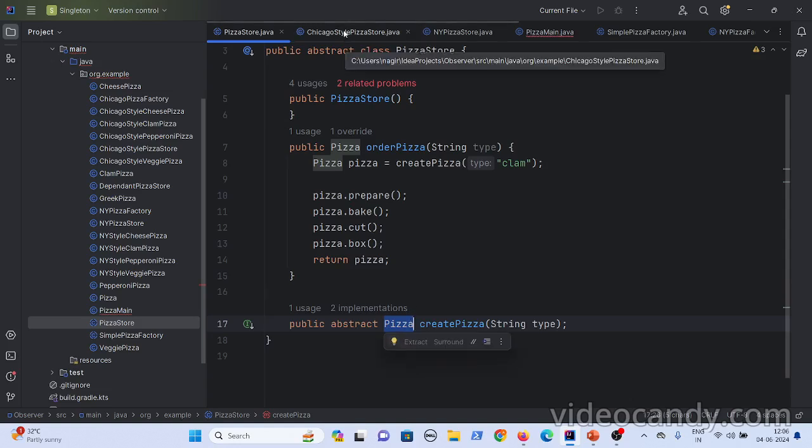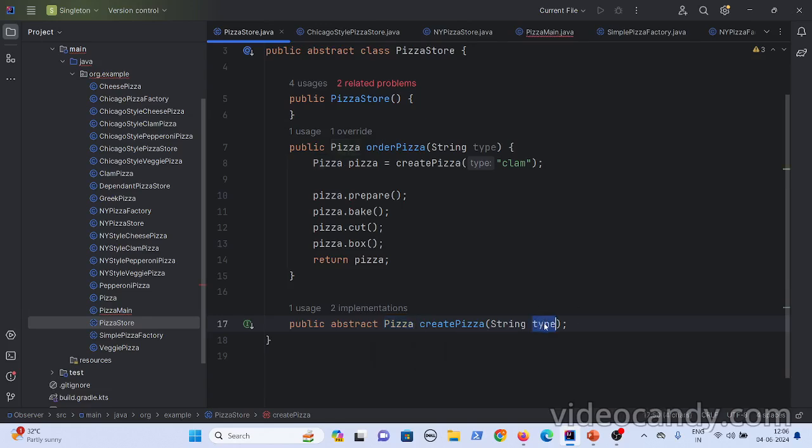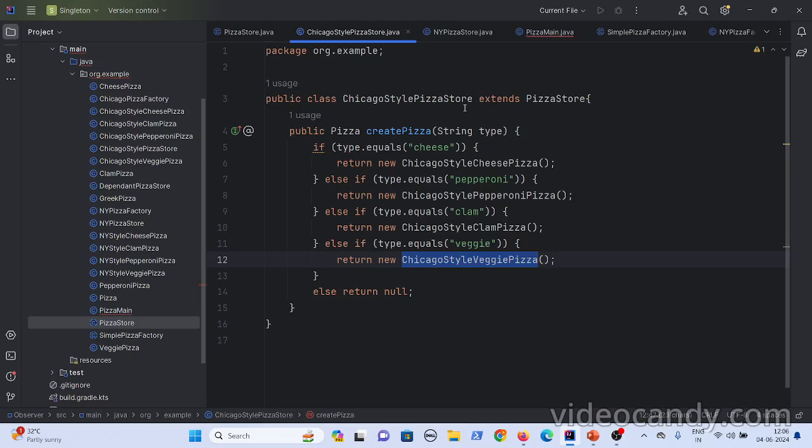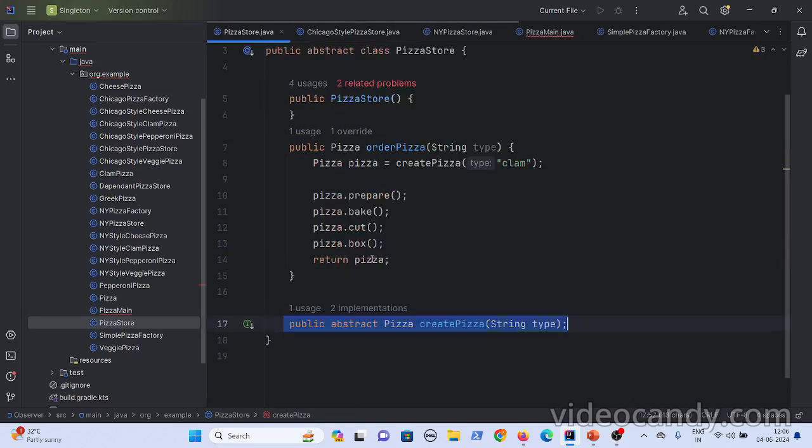It could be Chicago style pizza or it could be the veg pizza. It depends on what classes you are instantiating, or what parameter you are passing. This is the factory method. So with the factory method, you create a method as an abstract, and let subclasses decide this instantiation logic. Okay, this is the factory method design pattern.